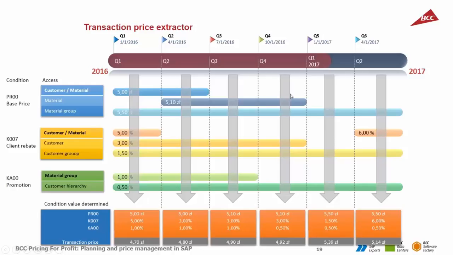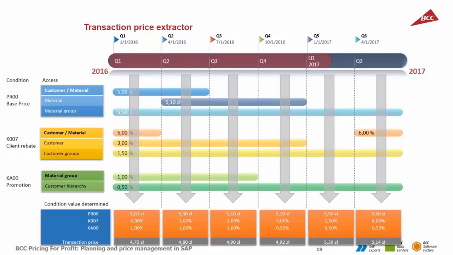This is the graphical representation. So in the third stage we set intervals, which are illustrated in the diagram as the orange rectangles. In our example we have 6 time intervals. For each time interval the report checks what are the values of individual pricing conditions that make up the transaction price. In our case, if we analyze the first time interval, so this one,